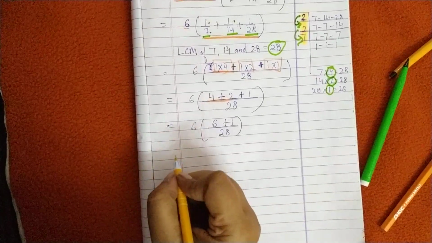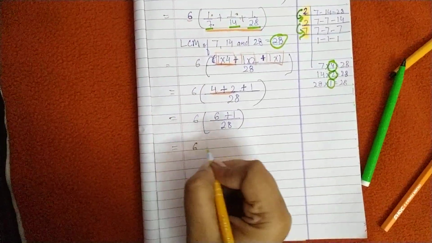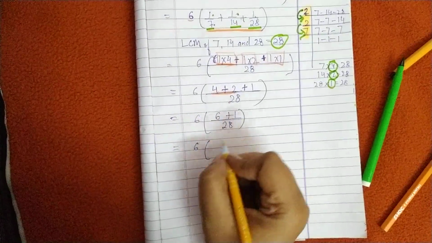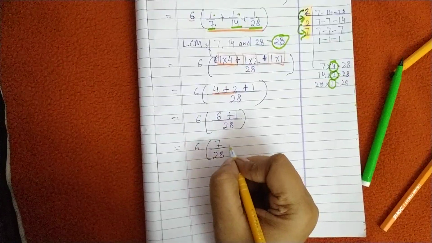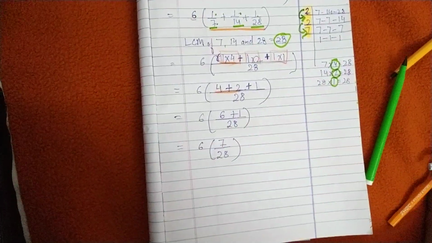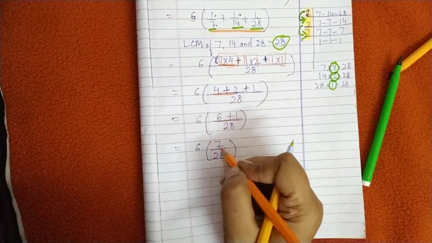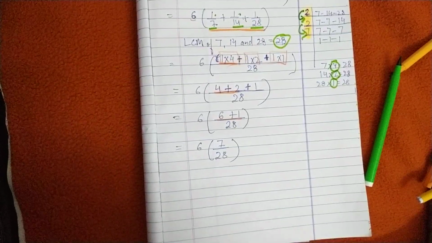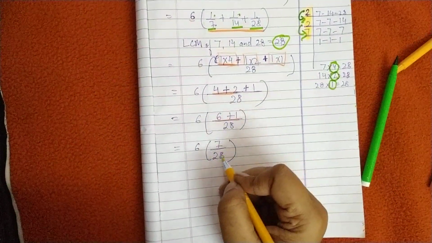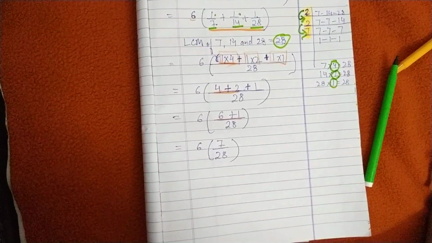Now see here. 6. Keep bracket. 6 plus 1 is 7. And 28. Yes, children? When you add 6 plus 1, 6 plus 1 is what? 7. 7 upon 28. Now, children, do you really feel that 7 and 28 is in its simplest form? No, it is not in its